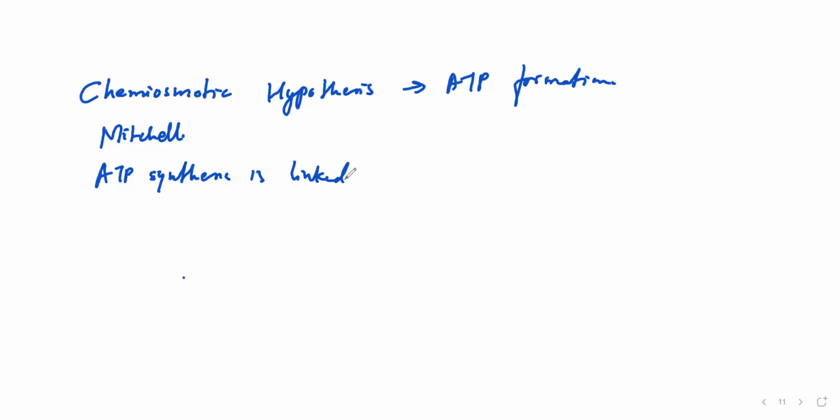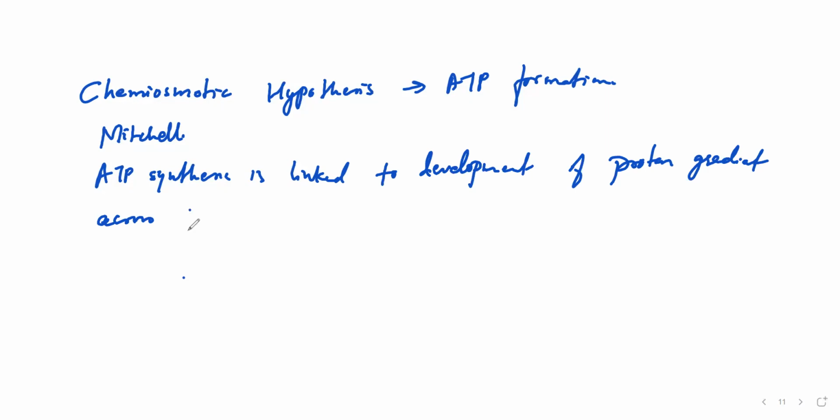Okay. So the chemiosmotic hypothesis. That is generally for what? The ATP formation. This hypothesis was proposed by Mitchell in 1961. So what does this hypothesis actually state? It states that the ATP synthesis is linked to the development of a proton gradient across the thylakoid membrane